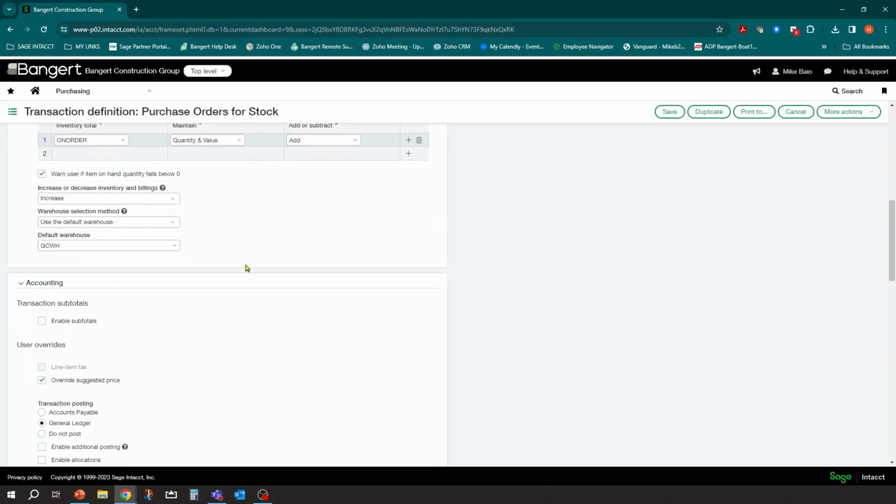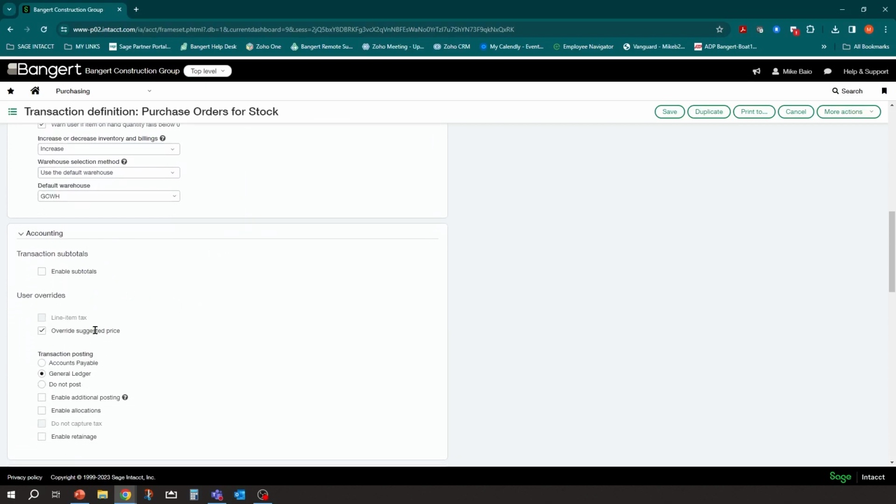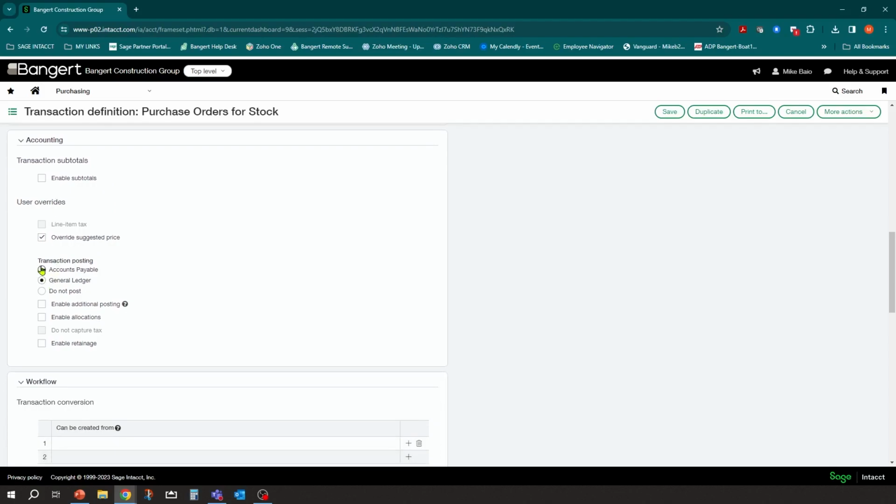And then just to recap, when you get down to the accounting, what do you want to happen? Do you want to post transactions? And if so, where? Again, to recap the transaction definitions with dimensions and with a custom book, or a user-defined book, I should say, we do want to post to the general ledger.